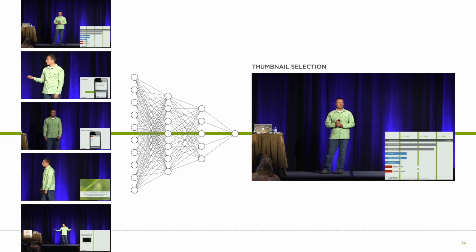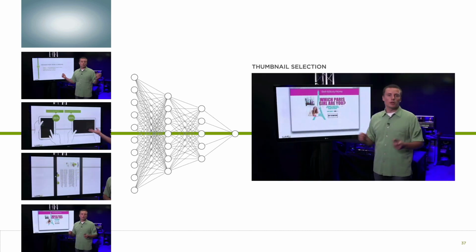Show the speaker, eyes open, no stupid grin. In this case, you can see it nailed the which Paris girl are you backdrop, but left a little dumb grin. So, not perfect. But this is a quick example of how you can really think about having AI models do a lot of things for you. If you can model the behavior, you can probably train a machine to do it at scale. In this case, we took an existing model and just fine-tuned it with a smaller number of examples to create